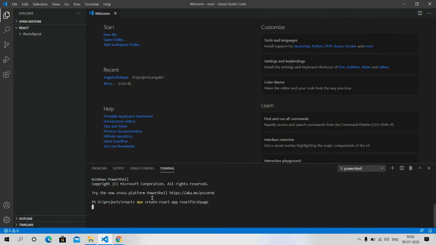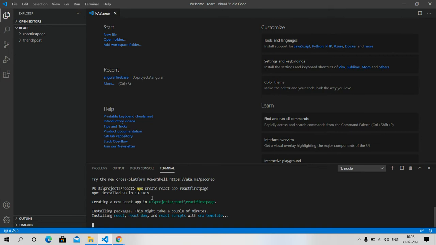So we will see our new demo project will be created with the name react-first-page.